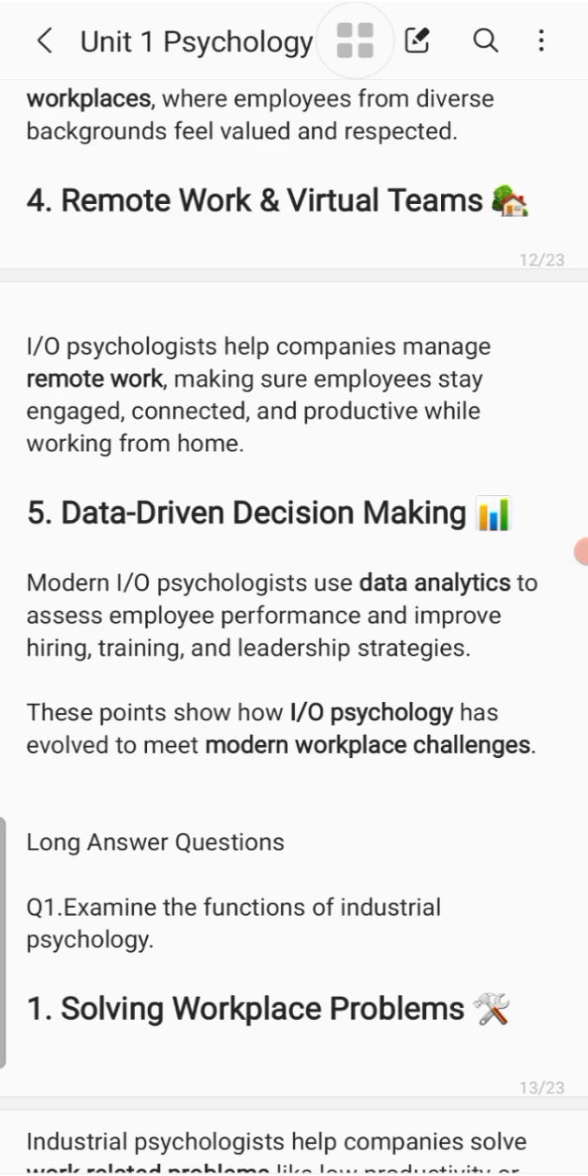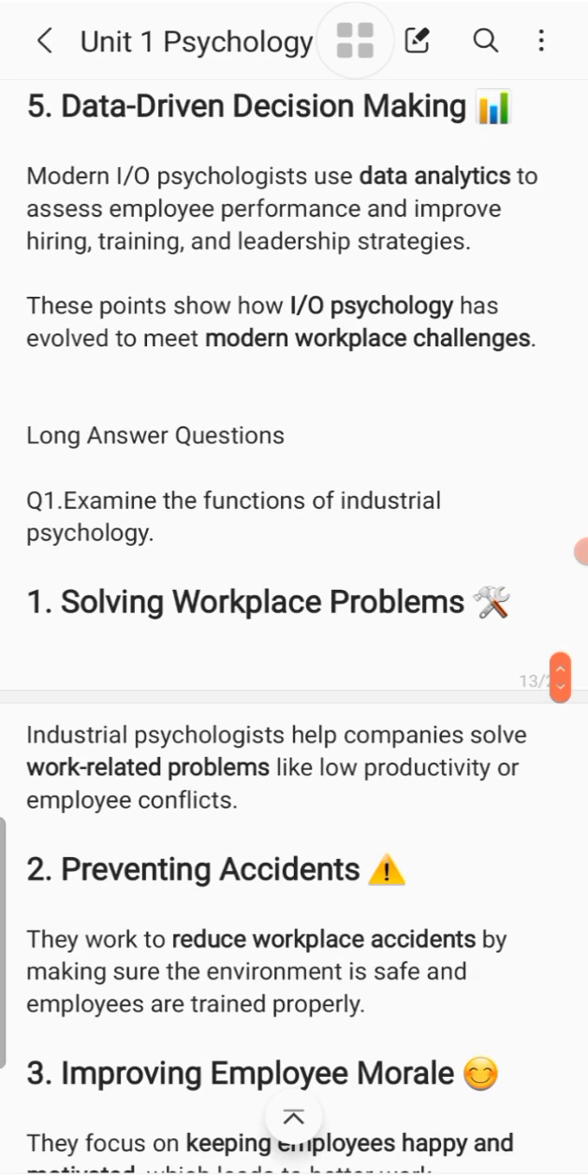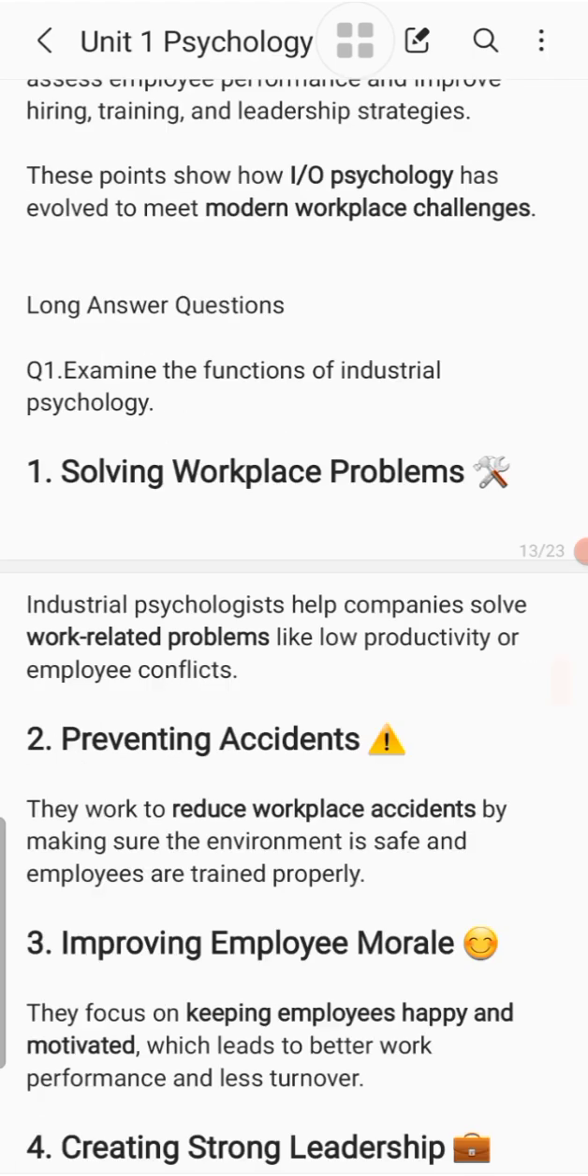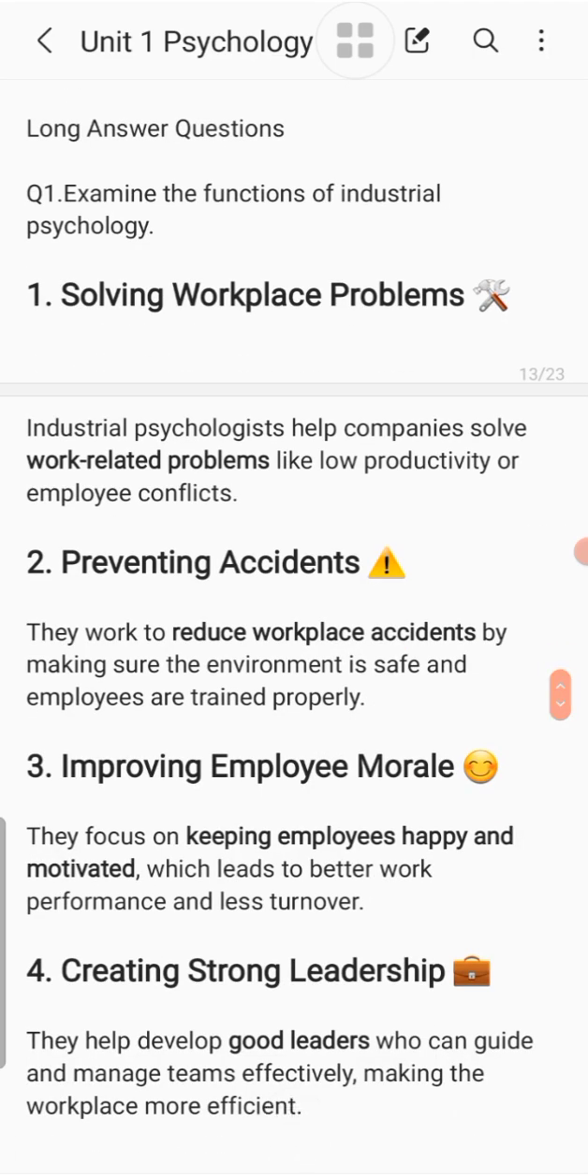Now let's move on with the long answer questions. Question number 1. Examine the functions of industrial psychology. Answer: solving workplace problems. Industrial psychologists help companies solve work-related problems like low productivity or employee conflicts. Second point, preventing accidents. They work to reduce workplace accidents by making sure the environment is safe and employees are